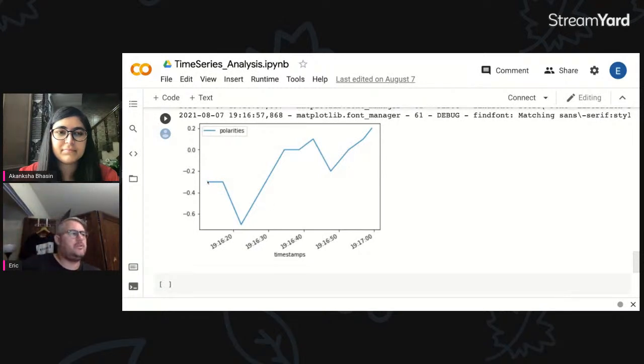If you were to see the scores, these scores would be negative or positive decimal numbers, and these are less easy to read than the time series graph itself. The time series graph is much easier to read. So with something like this, which is just the tip of the iceberg for Symbl AI and Python, you are able to create data visualizations of conversation data in real time that can give you insight into conversations as they occur. If you think back to the example that Akansha gave you,